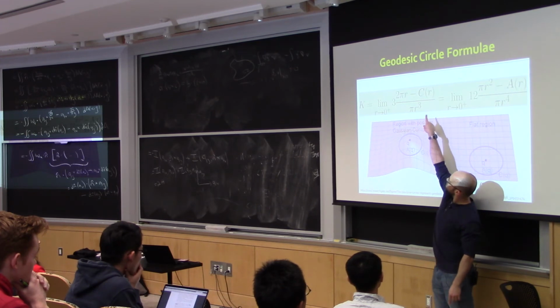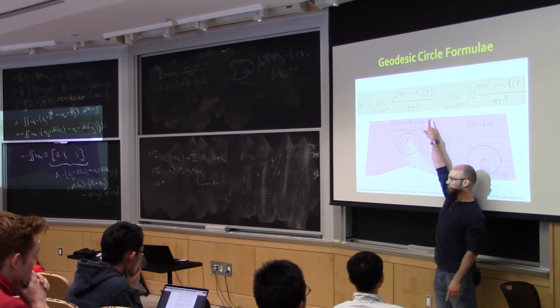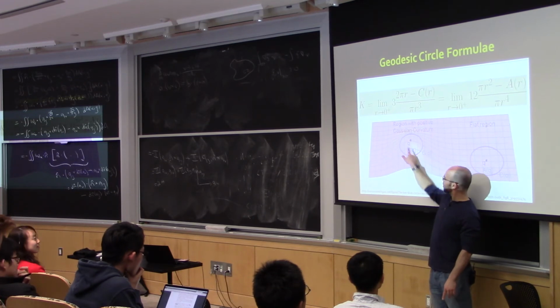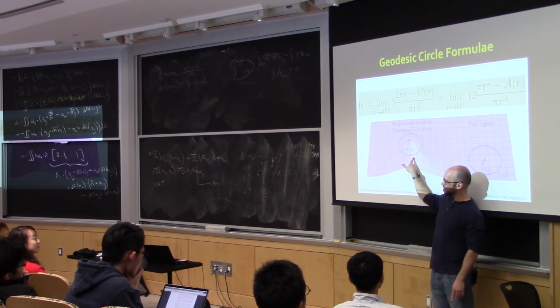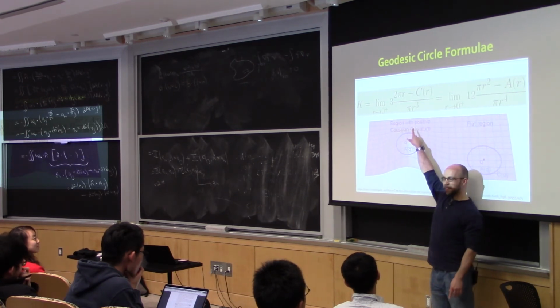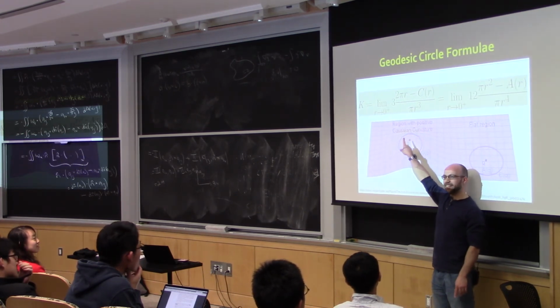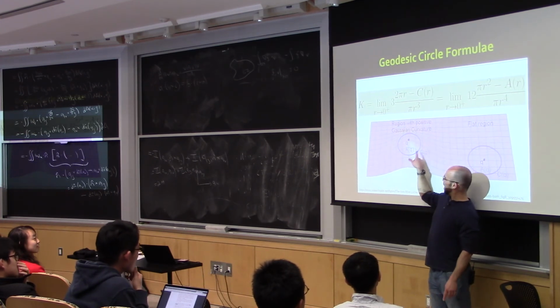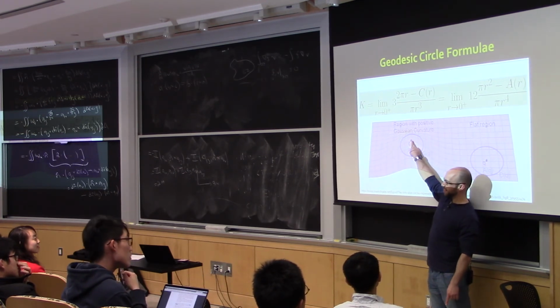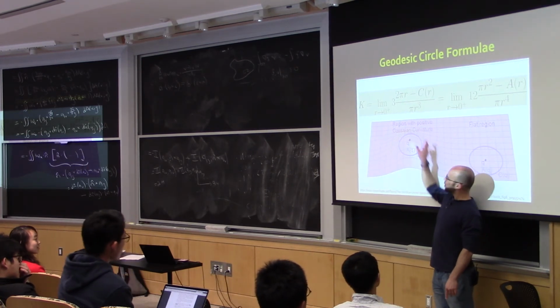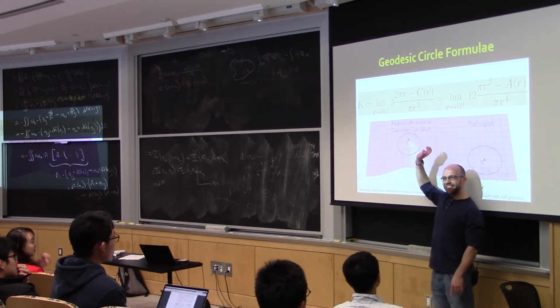And so I can say C of r is what I'm going to call the circumference, which is the arc length of whatever I get when I take the locus of all points that's radius r away from the center. So 2 pi r is what? It's the circumference of a circle, I hope we all agree. C of r is just whatever I get if I'm an ant and I have a piece of string attached to this point and now I walk around the maypole here. And the comparison between those two also gives you Gauss curvature.